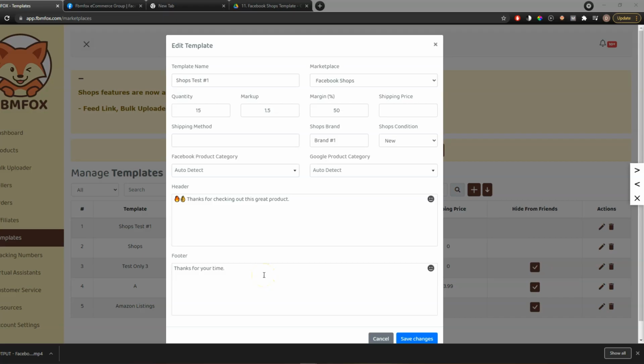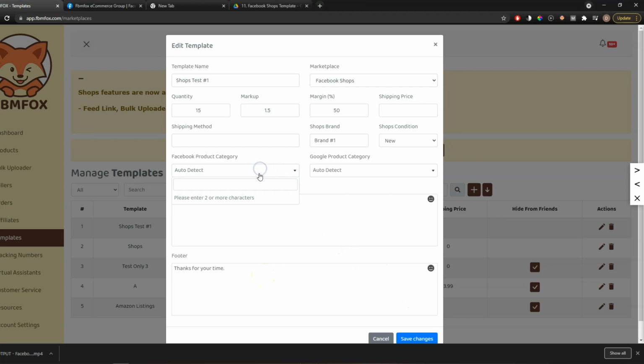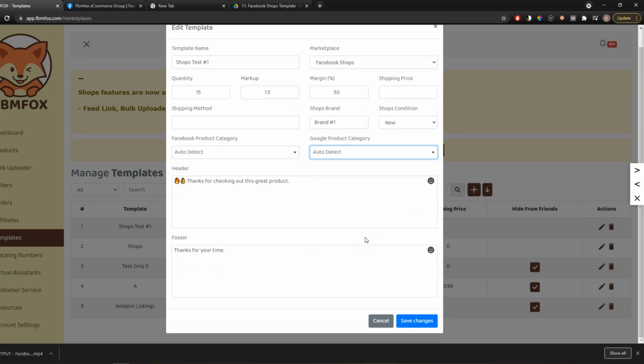Also, one other quick addition to the templates is that, rather than going home and garden or baby products, etc., you can just select auto detect on both of your categories. And what this will do is it will actually auto detect your category based on multiple factors, such as the title, the category pulled from the supplier, and all of that. So we have our own AI go in there where it will sort of do a best match and find the product category for you upon each product. So if I just save the changes here,